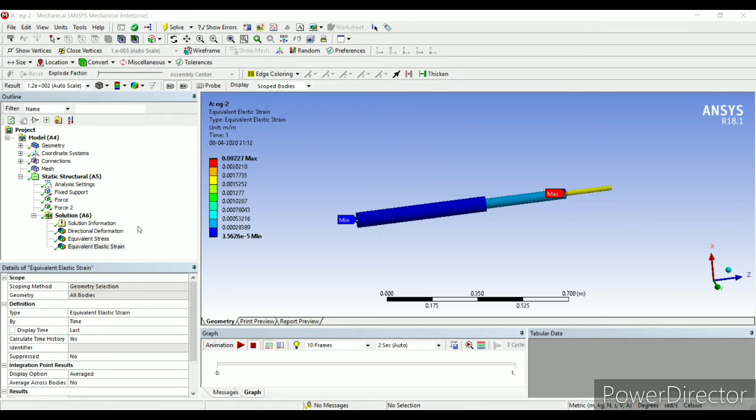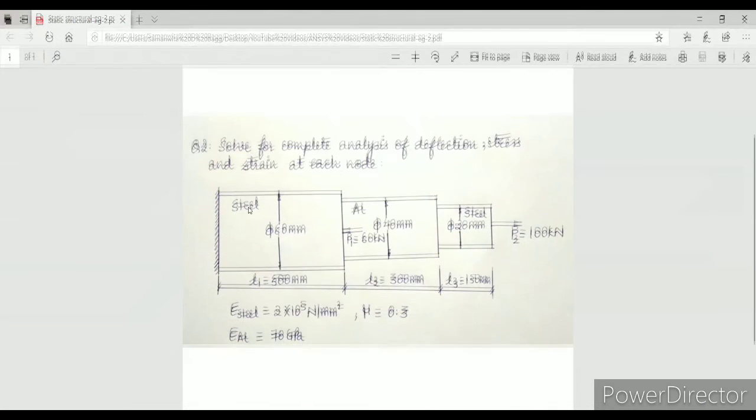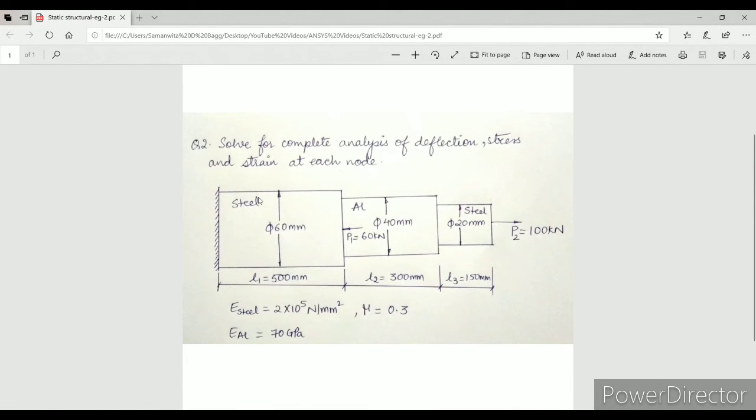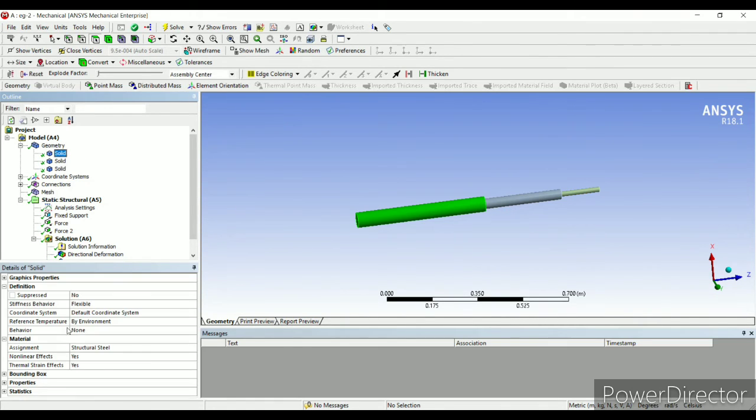The solution that I have obtained over here is by having the same material for all three rods. Now if I want to get the material which is mentioned in the question, if you see carefully, the first one is structural steel, whose value is 2 into 10 raised to 5 Newton per mm square for Young's modulus, and mu is 0.3. And for the central rod, the material is aluminium, which means I need to change the material. Click on solid. You will get the first material as structural steel. Second one is also structural steel. I need to change this, so I'll click here,